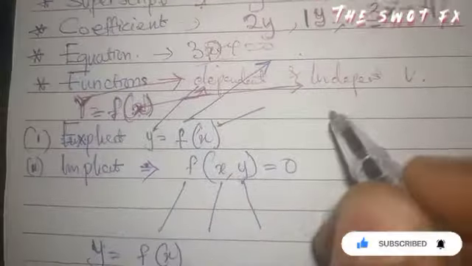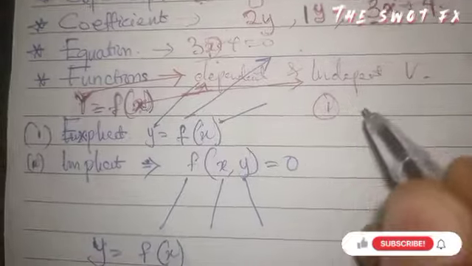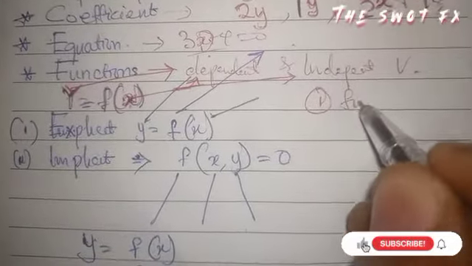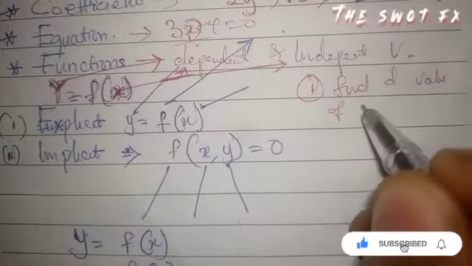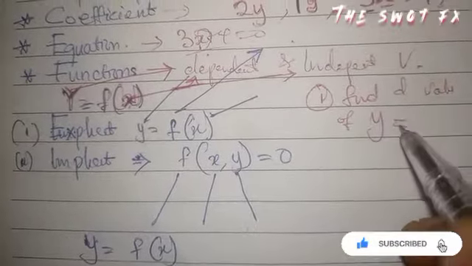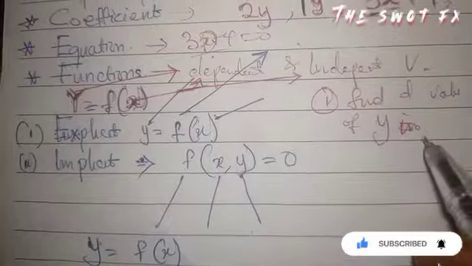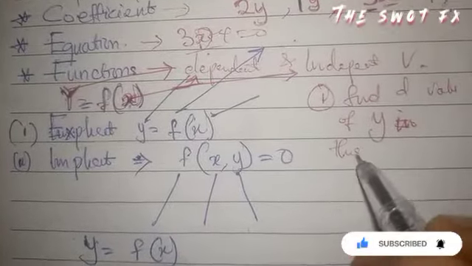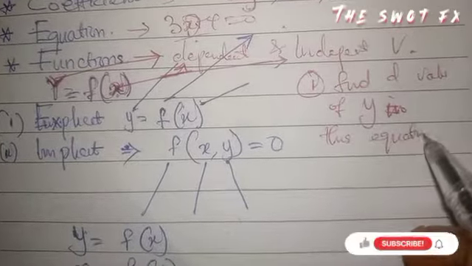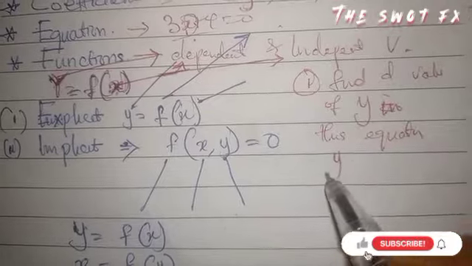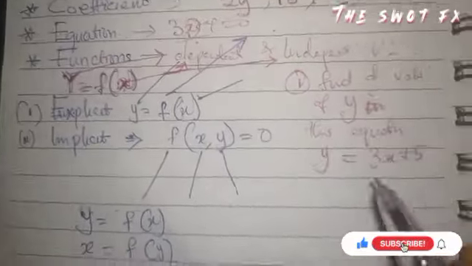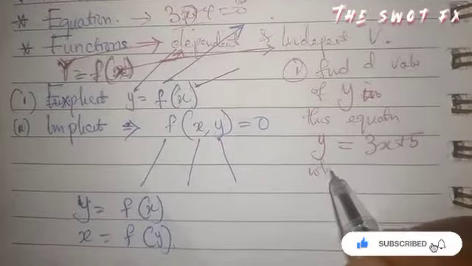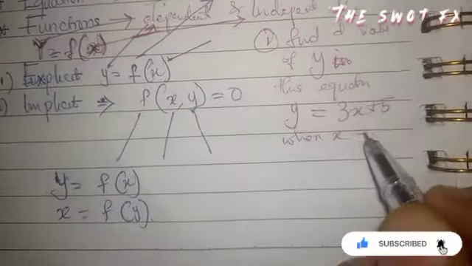If I have an equation or a question to find the value of y in this equation, and I have the equation to be y equals 3x plus 5, now when x equals 2,